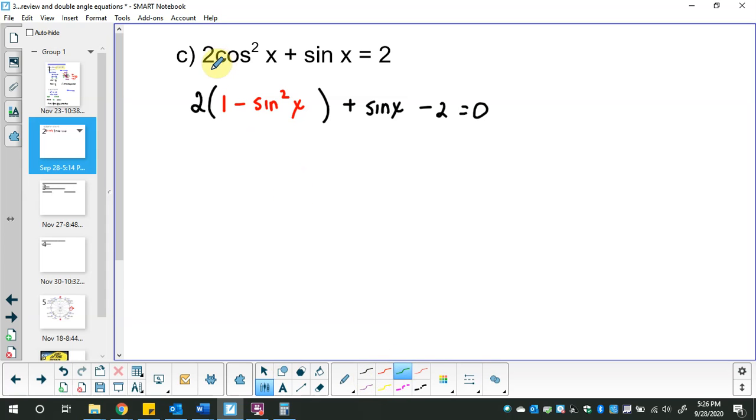So now I'm going to multiply out the bracket. So 2 minus 2 sine squared x plus sine x minus 2 equals 0. 2 minus 2 is 0, so I'm not going to write that down. And what's left is